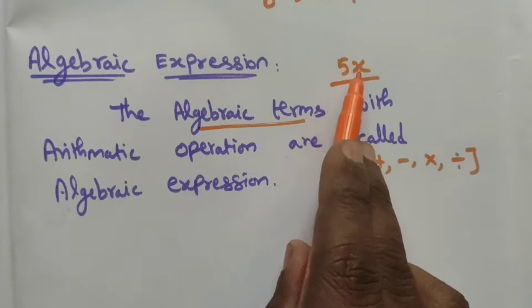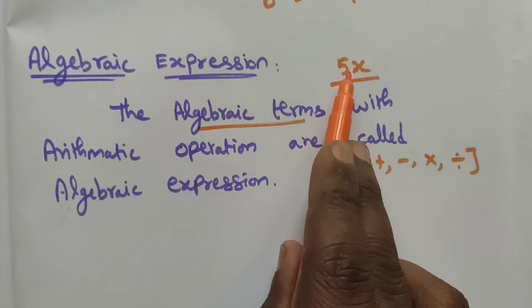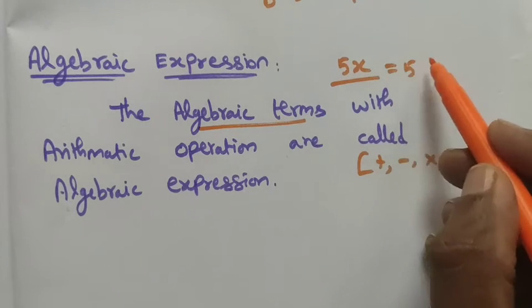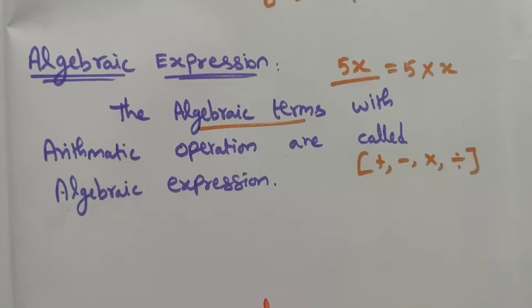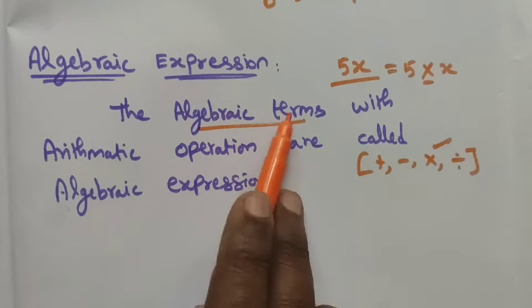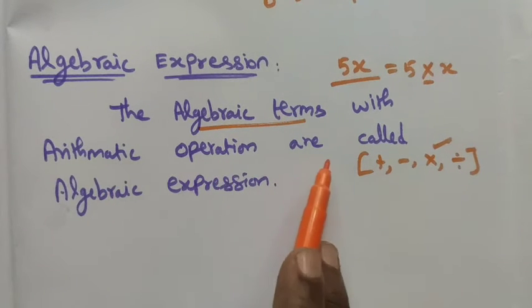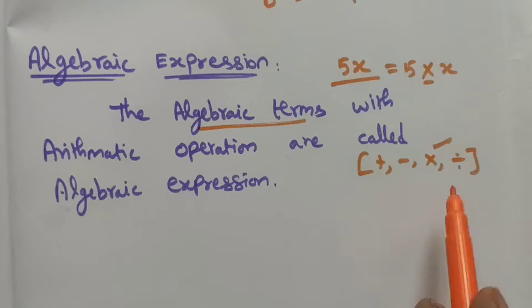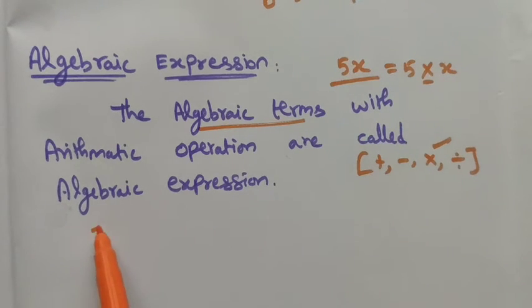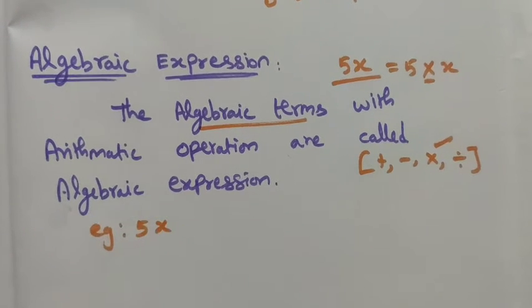See, 5 into x, that is 5x, right? Here we have the multiplication symbol. This can be written in the form of 5 into x. So algebraic terms with arithmetic operations are called algebraic expressions. So we can say 5x is an algebraic expression,